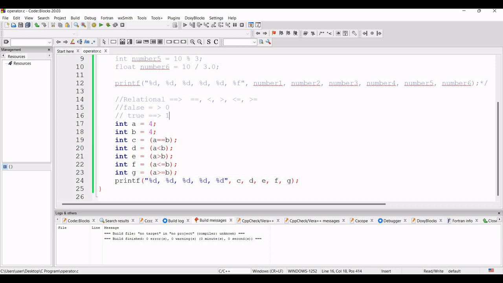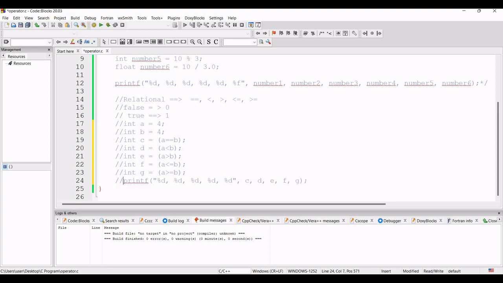So I am just commenting out all those lines because I have to go to the logical operators. So I will use a multi-line comment. Instead of this multi-line comment, I am just showing you, I can just give a double slash before each line to make this comment. So in this way also we can comment out, but this is totally time consuming. So for that reason we will use multi-line comment. So this statement will not be executed. Compile and run, nothing will be printed because nothing is there.